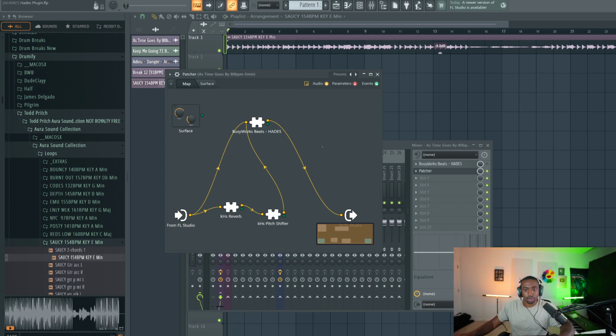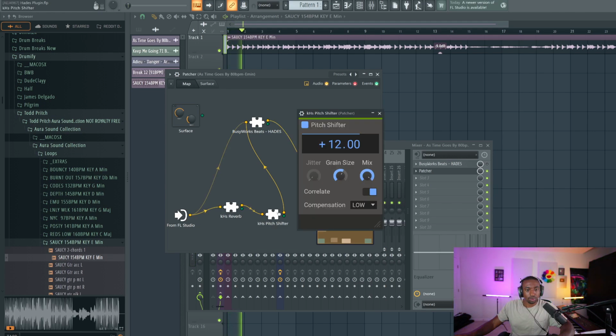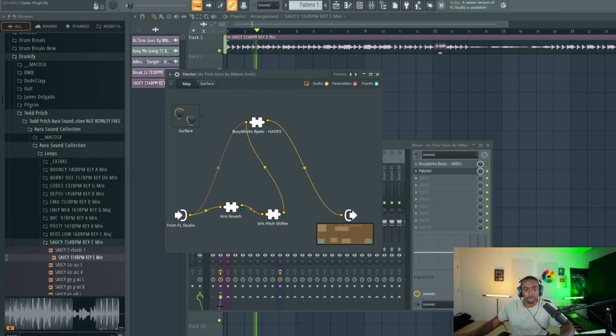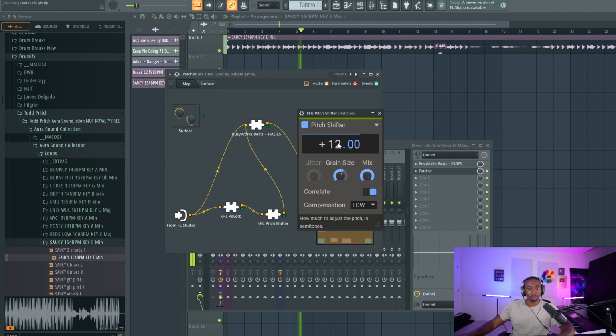Now it's hard to hear, so we're going to route. For some reason, we're not getting signal on this one. That's kind of odd. This could be a glitch. Pretty sure it's a glitch. Let's try routing through. Yeah, something just glitched on us. So now it's working. So now we're pitching up the reverb. We could also do the opposite and pitch it down.